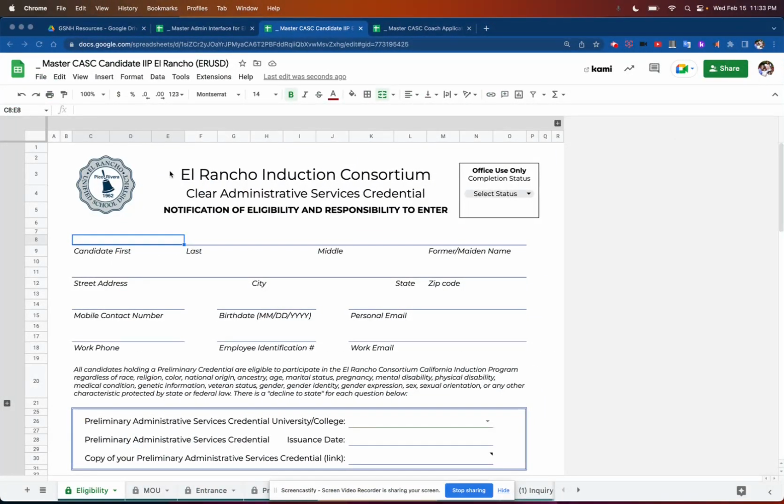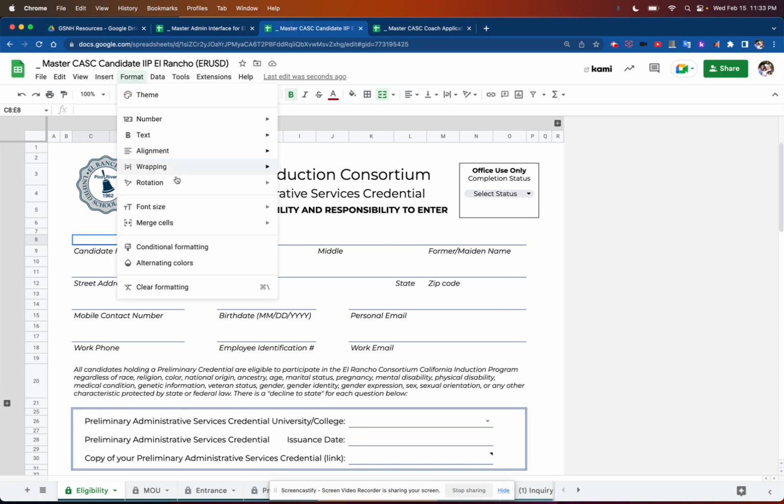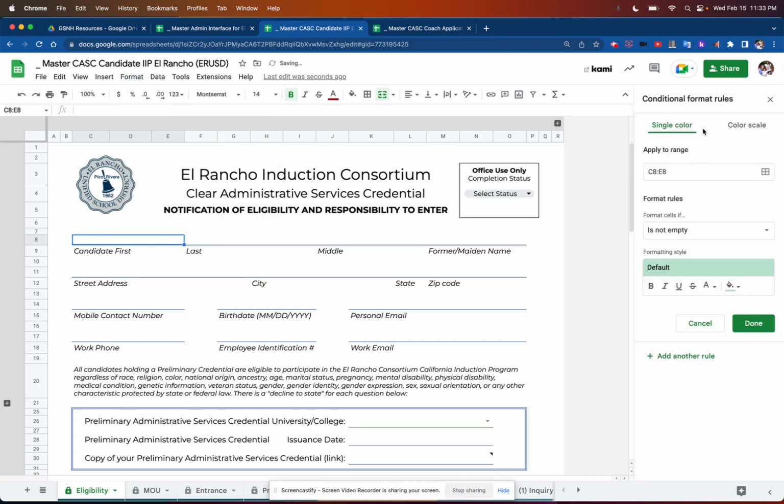So in this example, we have a form that needs conditional formatting for each of the input areas that need to be completed by the candidate. So to do that, I can highlight my first cell here, go to Format, go down to Conditional Formatting, and it brings up this basic format